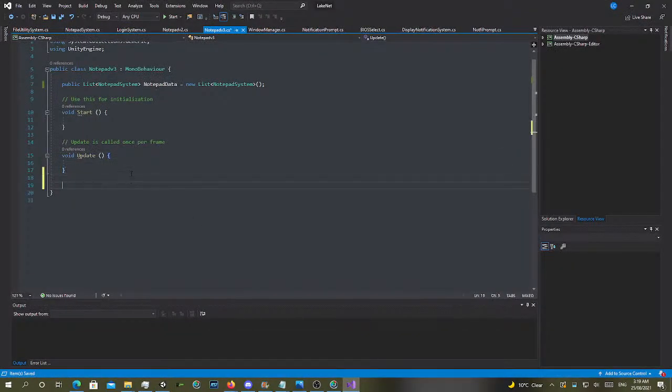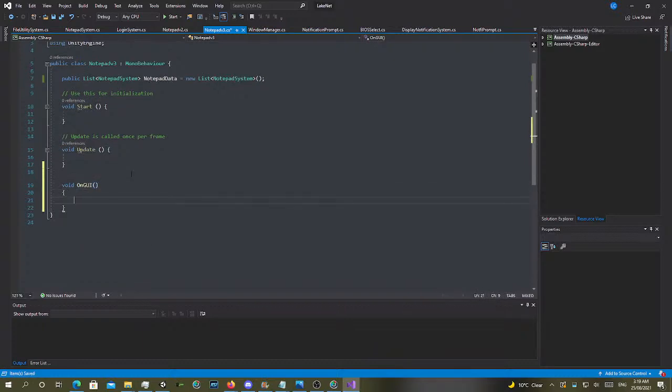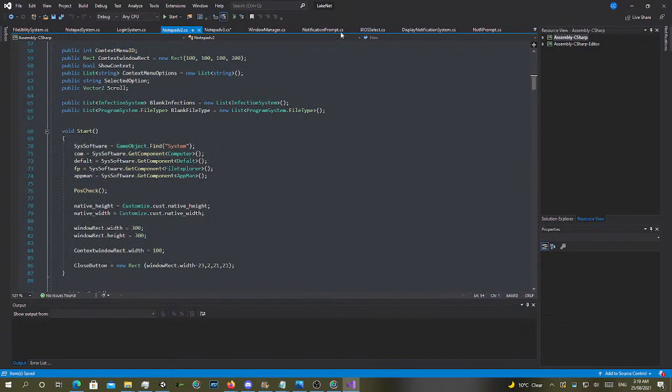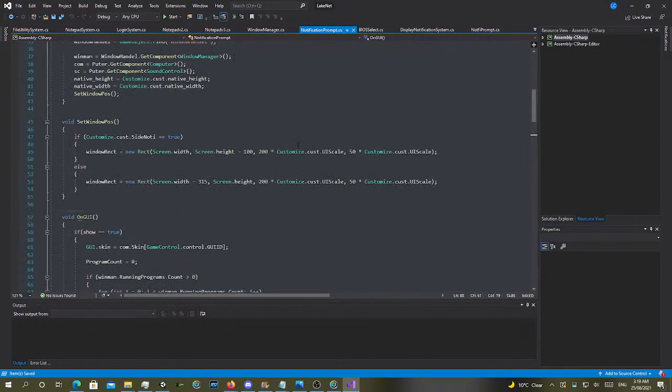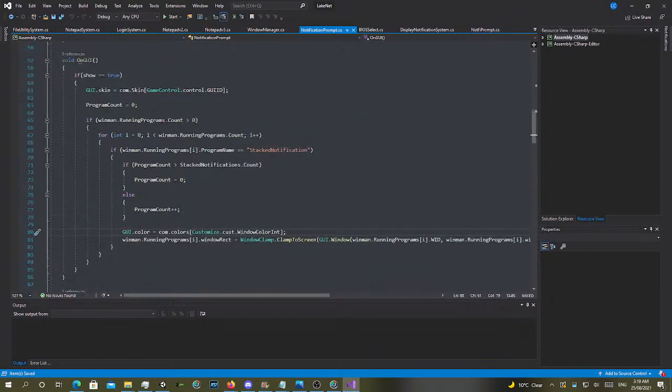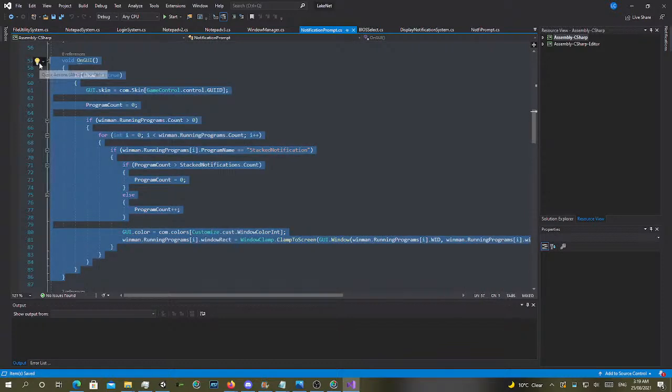So to do UI, you just do void OnGUI, like so. And then, see, we're not actually going to copy from Notepad v2. We're actually going to copy from notification prompt. So what we're going to do is we're just going to literally copy